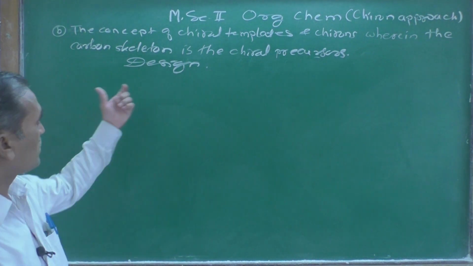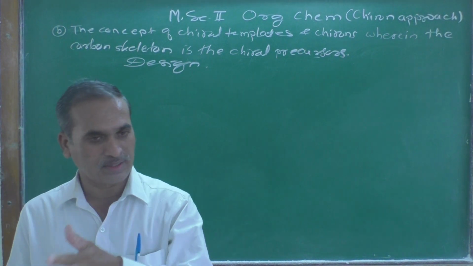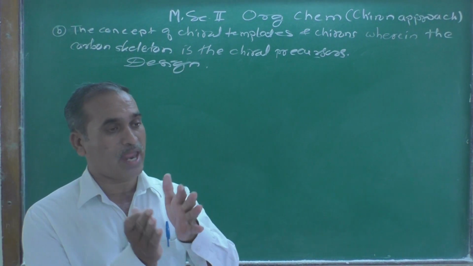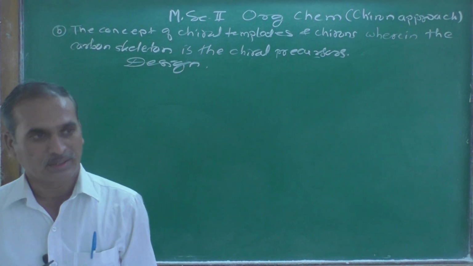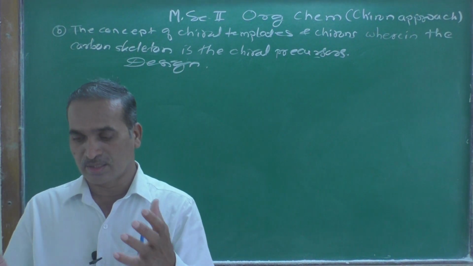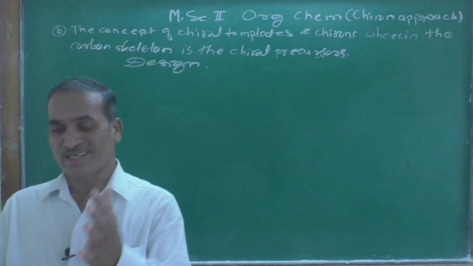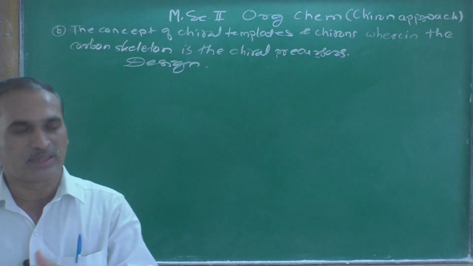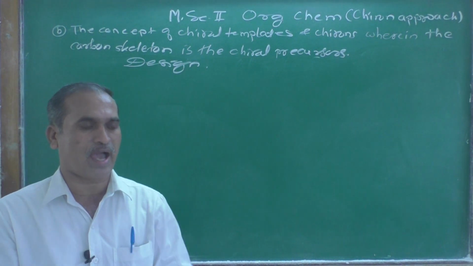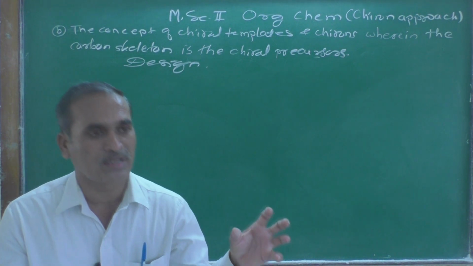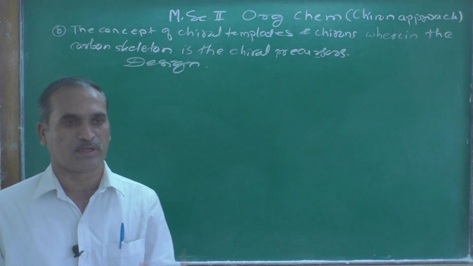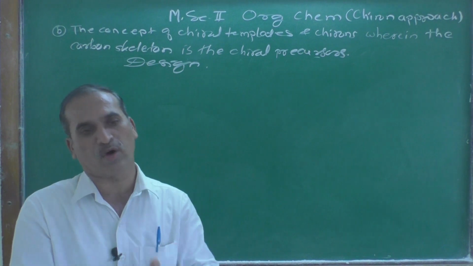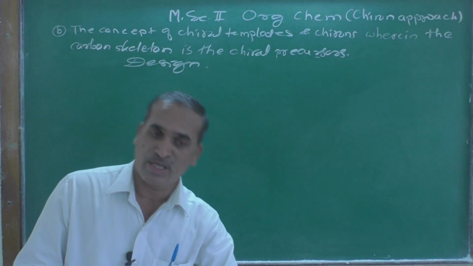So today let us see the design, because in the previous lecture I already told you about design, discovery and execution of this particular approach. Today we are going to learn the concept of chiral templates and chirons, a visual dialogue with the targets. Here the chiron involves two terms together, and combined they make a chiron. What are those two terms? One is chiral, and as we know chiral is